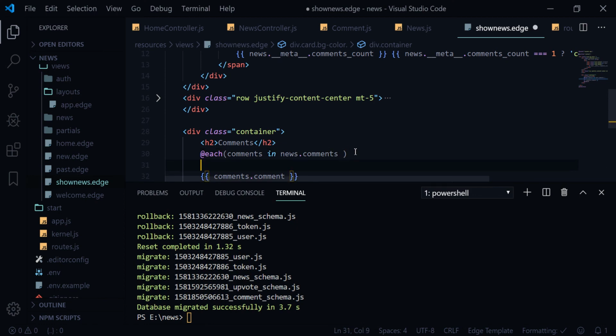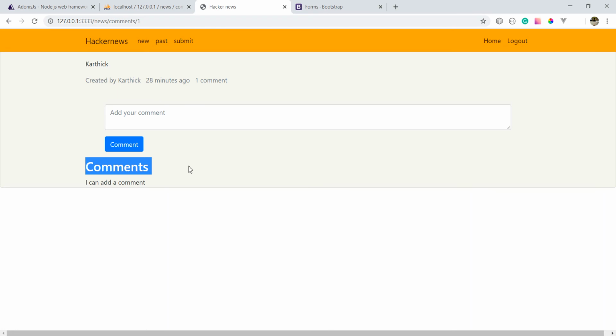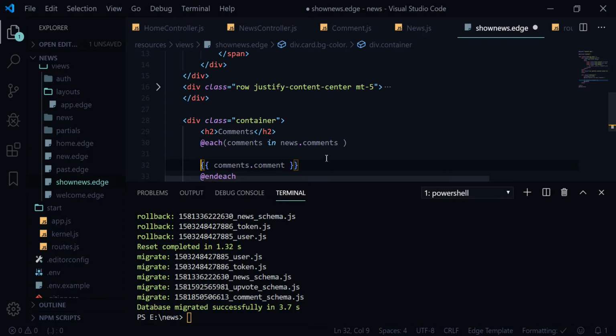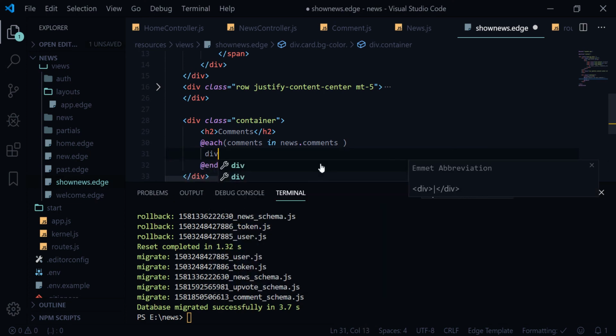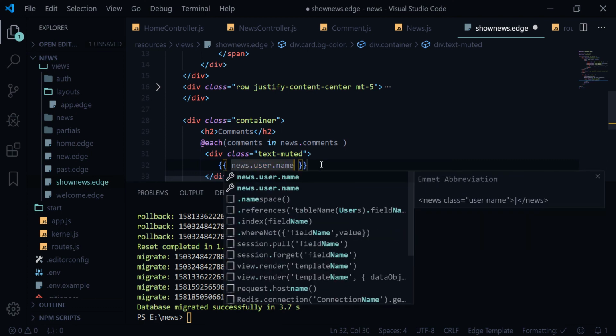Now we can say name and the comment, right? So just create a new data each time. So I have a div with class text muted and it should show the name. We can get it by news.user.name. That's fairly simple, but